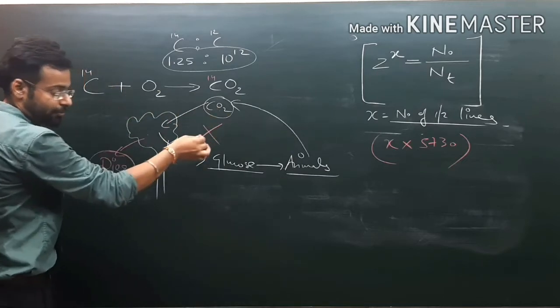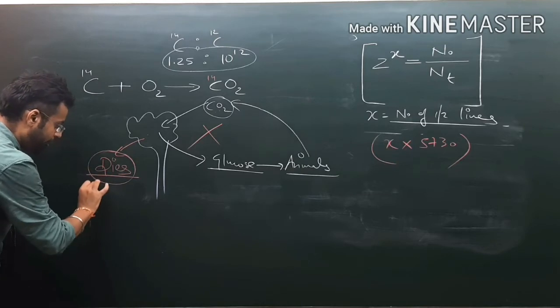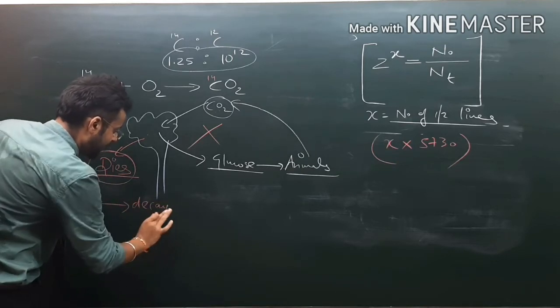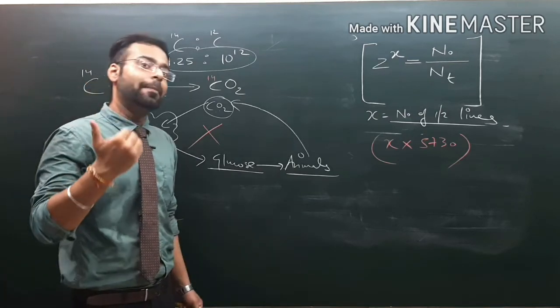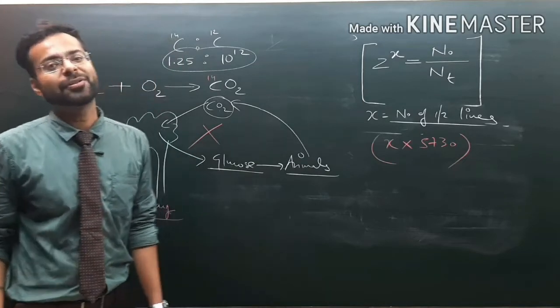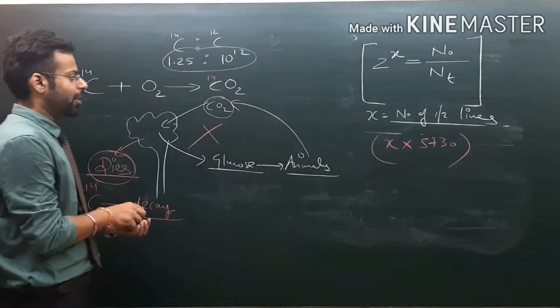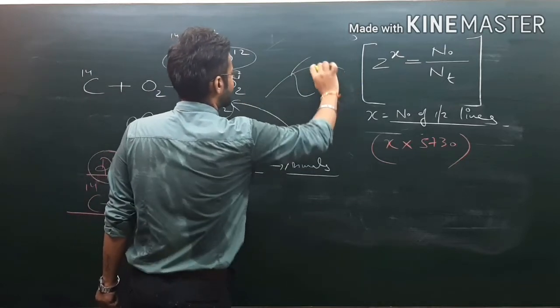Now what happens is, earlier it was in equilibrium. Now the equilibrium has broken. Now the carbon 14 will decay. How will it decay? You know that it would decay at the rate, as I told you, it will become half in 5730 years. So whenever we find a fossil, let's say we have found a fossil,